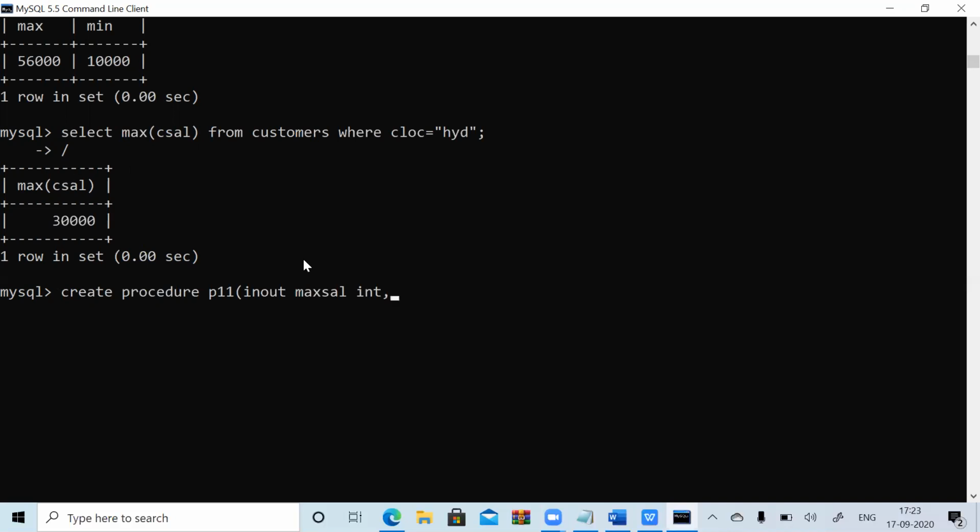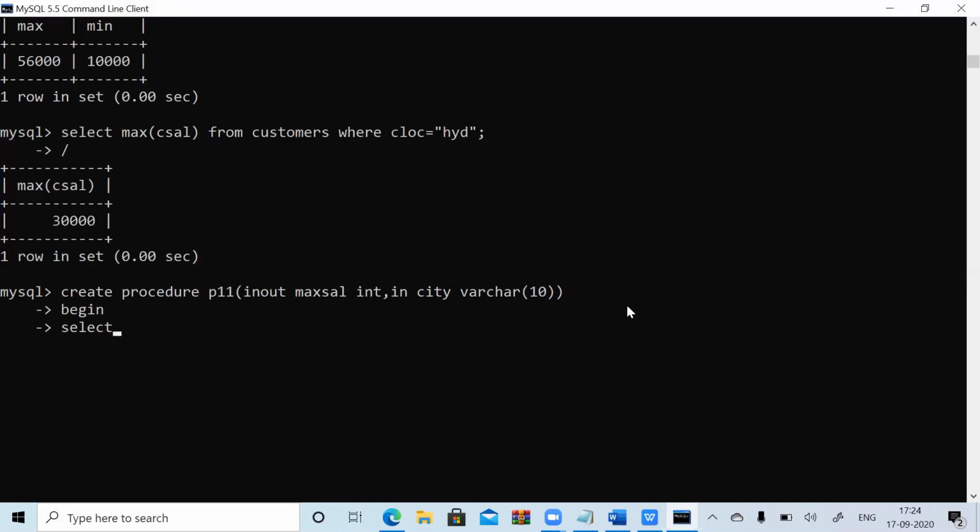Now again, you want to use your input. So use in. So what is your location here? Nothing but go with your second variable, have your dummy variable called city. City of which data type? Varchar data type. Like that, this is a combination of both in and out. This is your output variable and this will be your input variable. So begin your query. Next again perform like this.